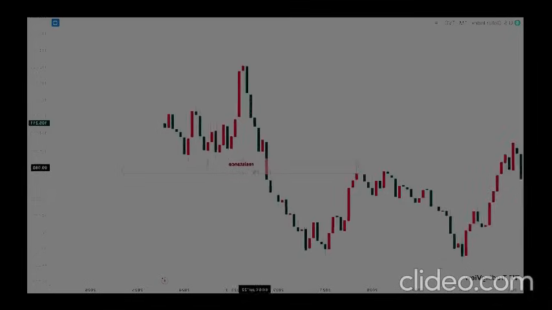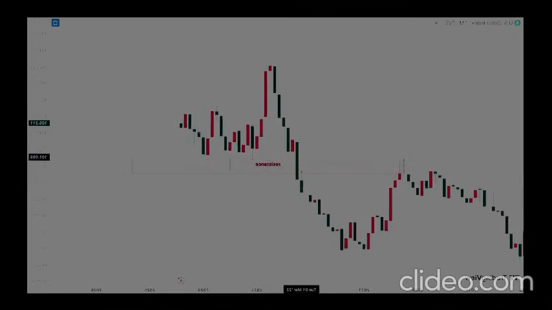As you can see, this big strong candle broke this resistance and turned it into support. Yeah, so once